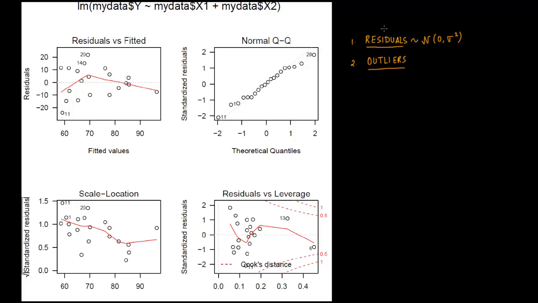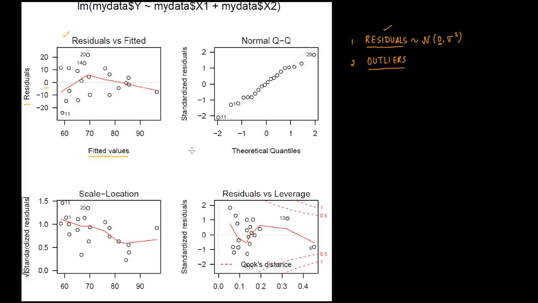So first we focus on the residuals. The residual plot is like this. The mean should be 0. Notice 0 is right here, and there is a dotted line here. The red line should be as close to the dotted line as possible. We see there is some difference from the dotted line, but there is no pattern to the errors. The fitted values against the residuals show no pattern. There is some randomness in the data, so you can accept it.